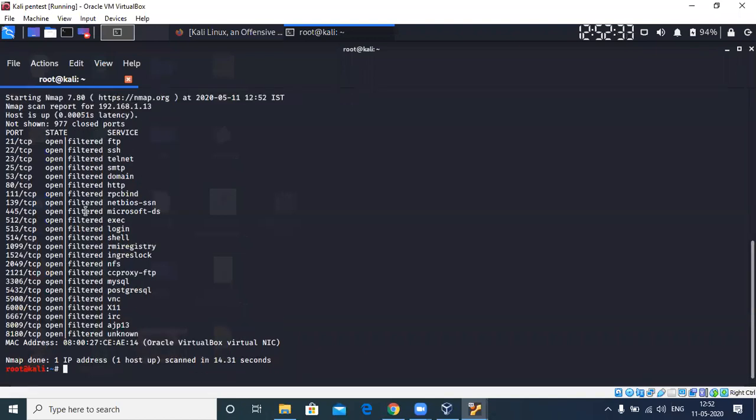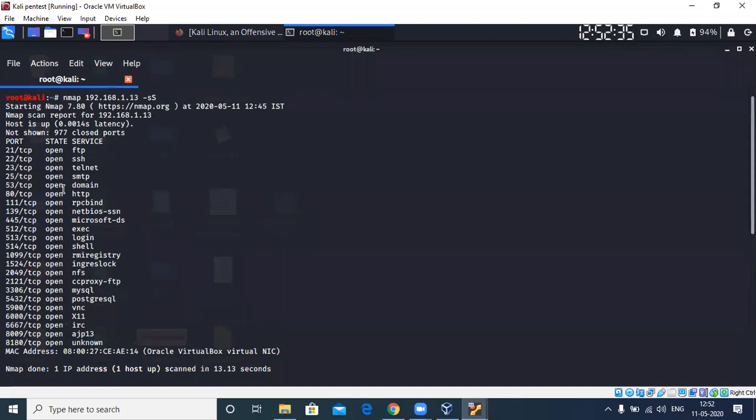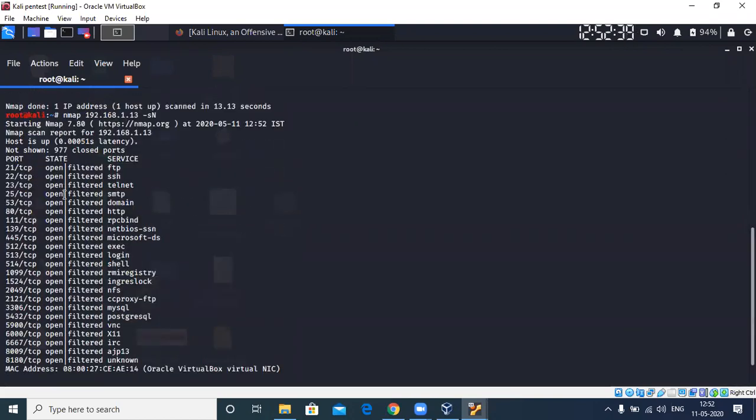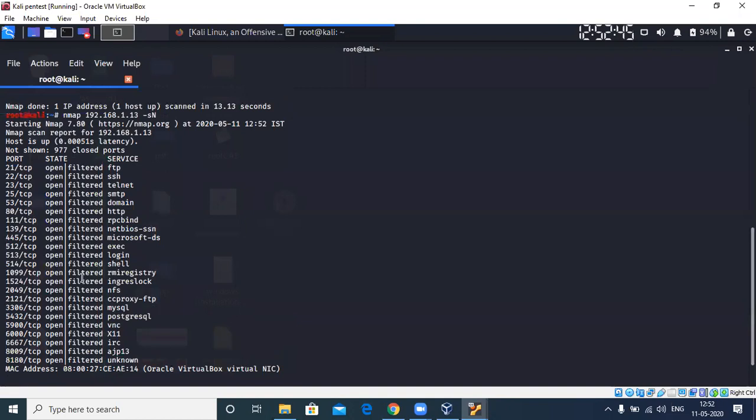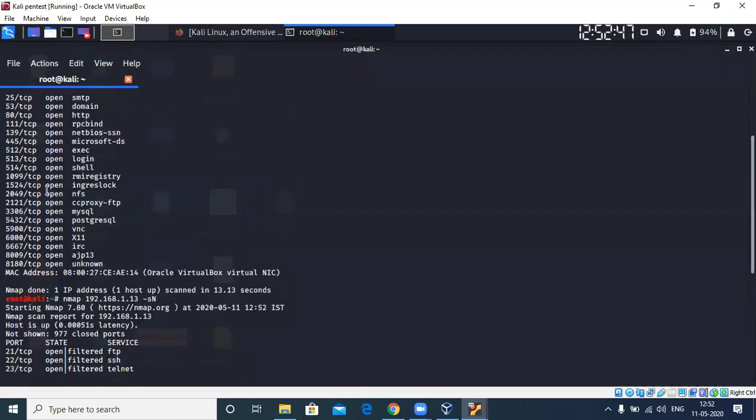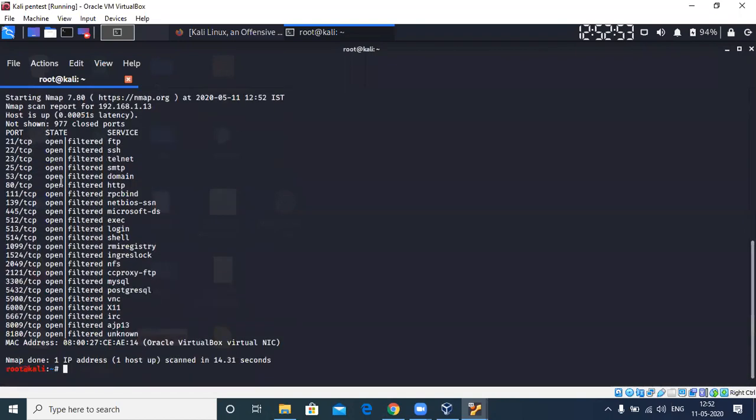There you go. If you see, what is the difference between the state in the SYN scan that we performed and the state in the null scan? Here, it says exactly that this port is open because of the SYN-ACK confirmation it received.